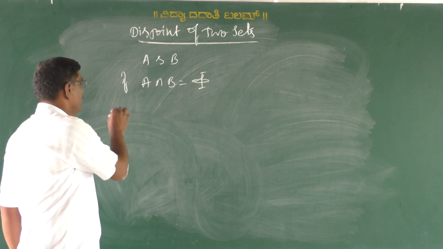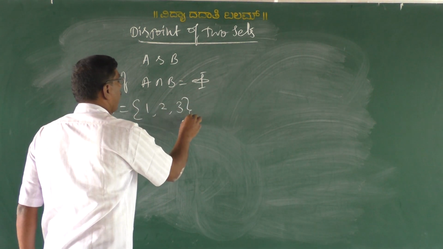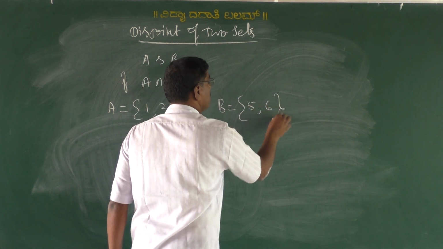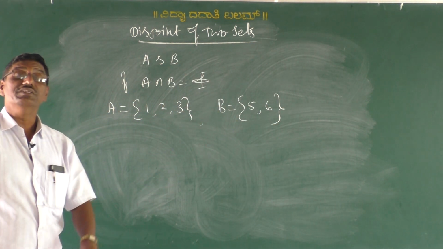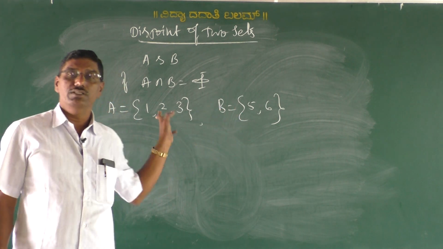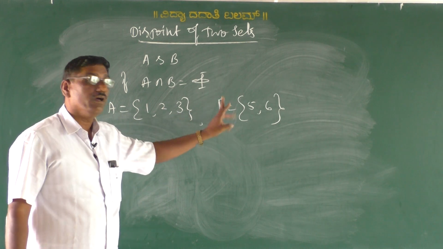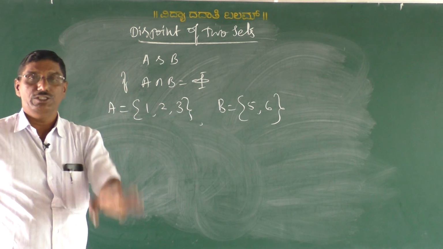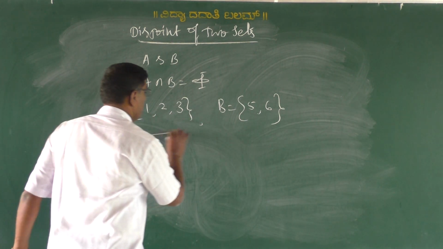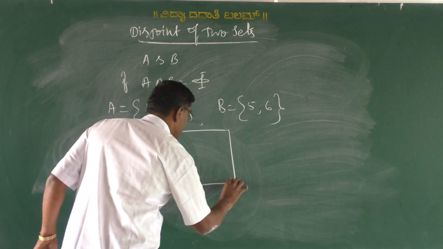For example, A is equal to the set of all 1, 2, 3 and B is equal to the set of all 5, 6. These two sets are disjoint sets, since there are no common elements in these two sets. The Venn diagram of these two sets can be represented as